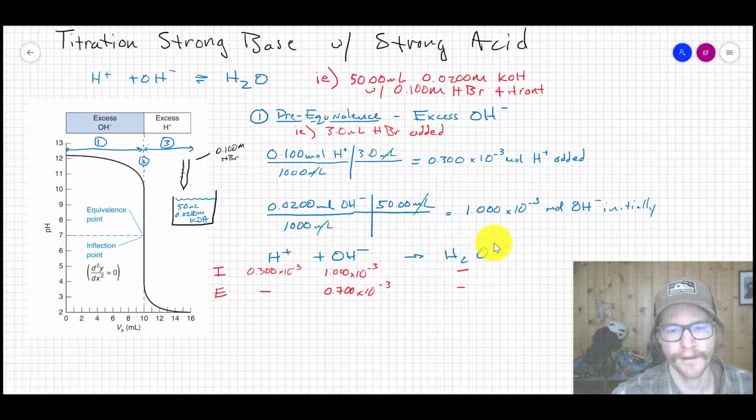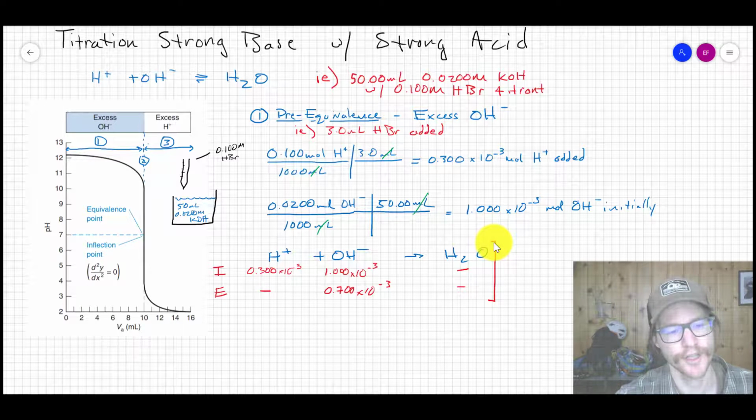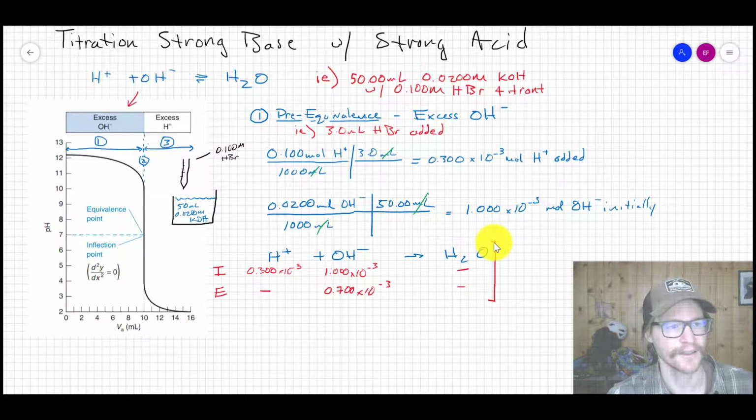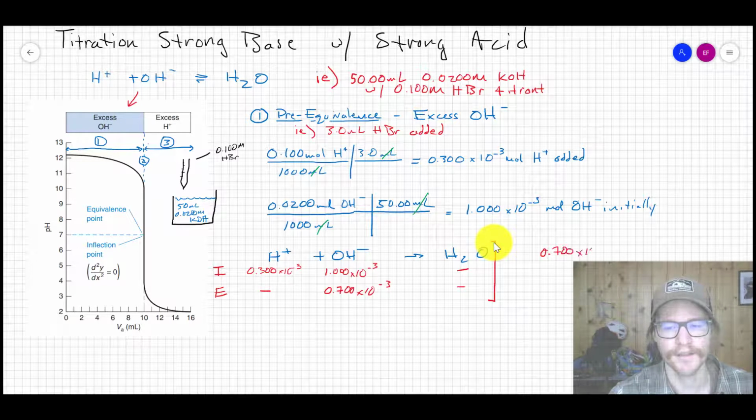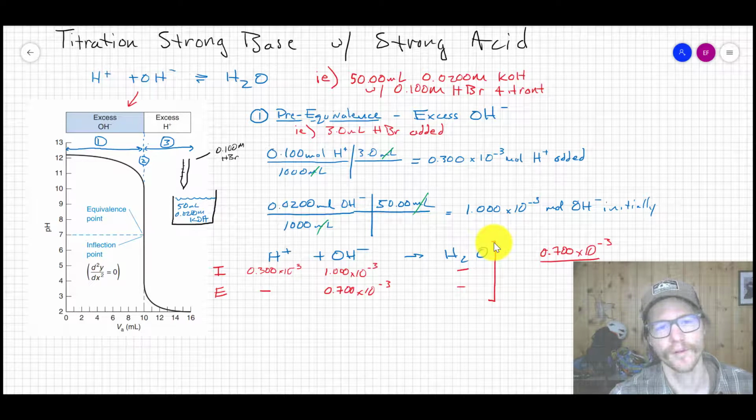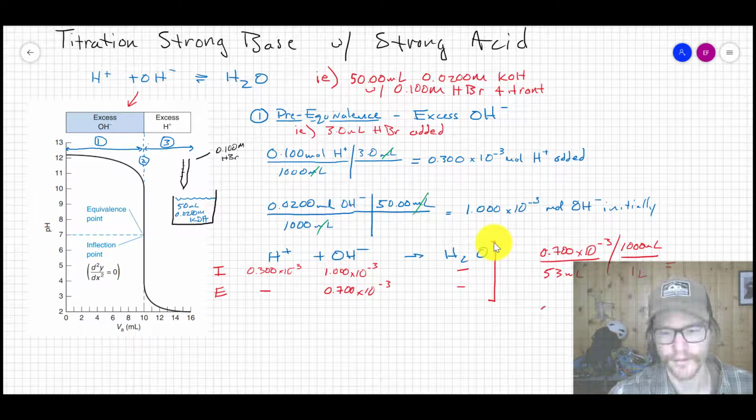So once we know that, then all we need to do to figure out the concentration of the hydroxide at that point, because we still have excess hydroxide, that's the region we're in, would be to take the 0.700 times 10 to the minus 3, which would be 0.7 millimolar, divided by the total volume in that situation, which in this case is going to be the original 50 plus the 3, which would be 53 mils, and then I'll convert that 1,000 mils per liter. Solve this, that gives us a value of